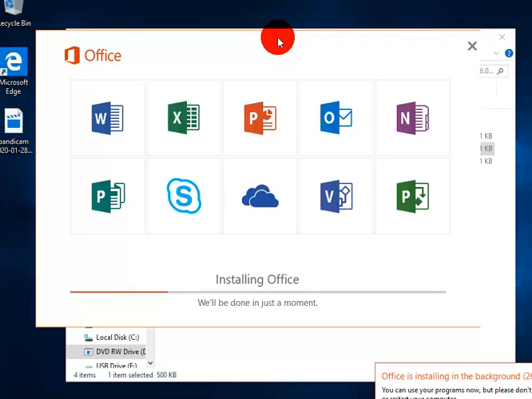Keep watching, because I'm going to show you various things to do with the installation of Microsoft Office. Sometimes you may be installing Microsoft Office, then maybe the bootstrap is missing, so you have to fix that error manually by going to the settings, or even by installing a certain app to fix that error. Guys, be keen during the installation, even the upgrade, and at some point you may find Windows Defender preventing you from running the setup. So the first thing, you have to disable the Windows Defender, and disabling the